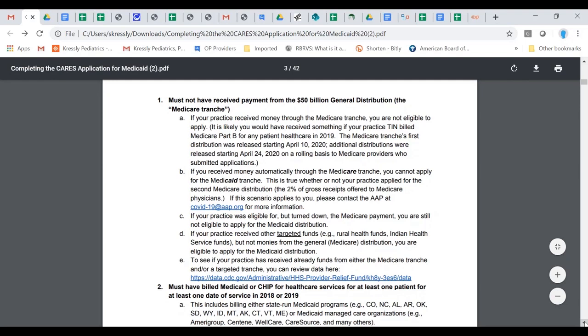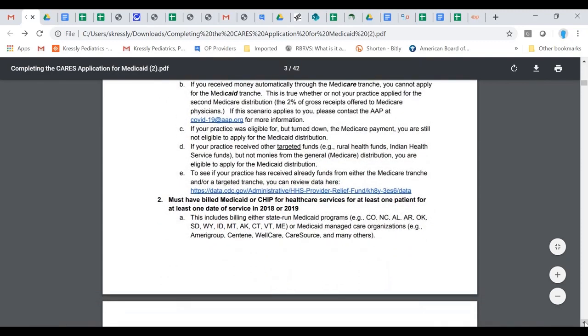But that also means that this is about 2% of gross receipts for all of our payers as pediatricians. This isn't 2% of your Medicare, Medicaid, and CHIP. This again relates to 2%. That's what they're trying to make an equivalency between Medicare and Medicaid. Right. And then the other thing that you need to be aware of is that you have to have billed